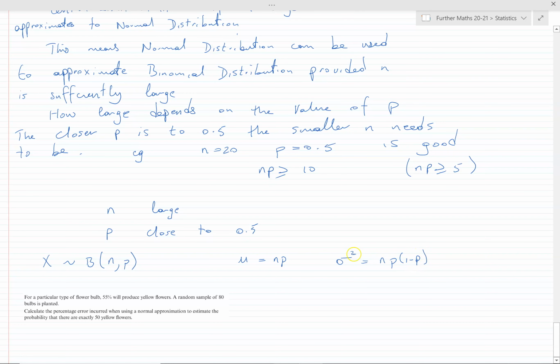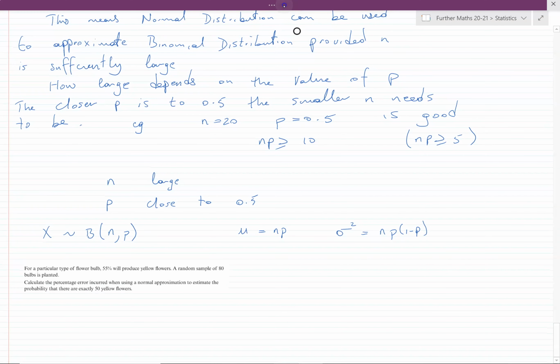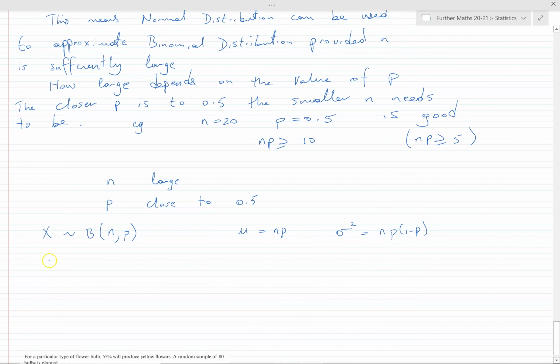So that means the equivalent normal approximation